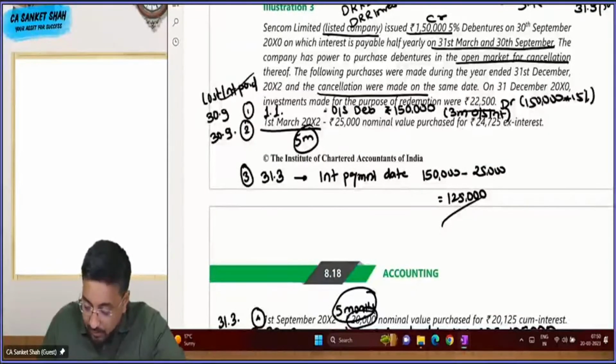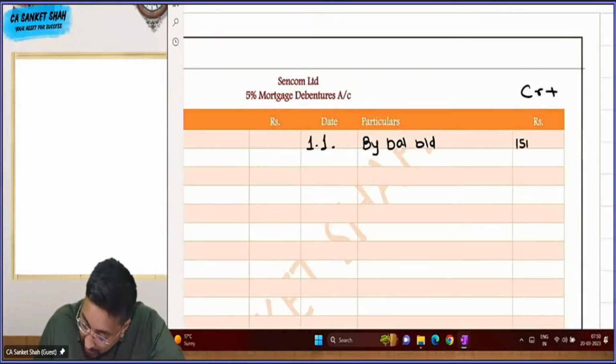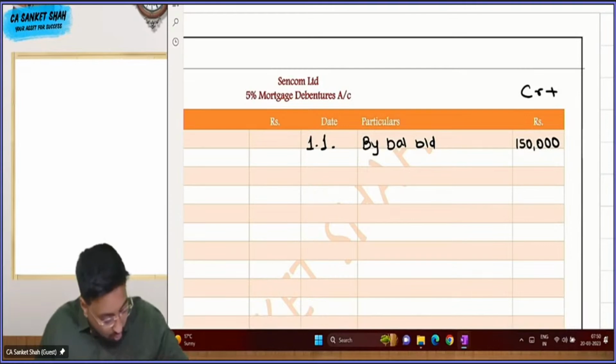First one, opening debentures account 1,50,000. So by balance brought down, we have this is the principal amount. This is our principal amount. Okay, so we have to pay back 1,50,000. It's our loan amount. तो हमें 1,50,000 का लोन है।